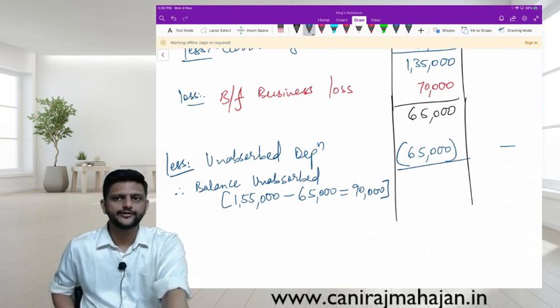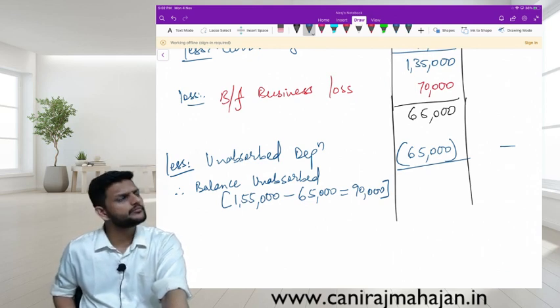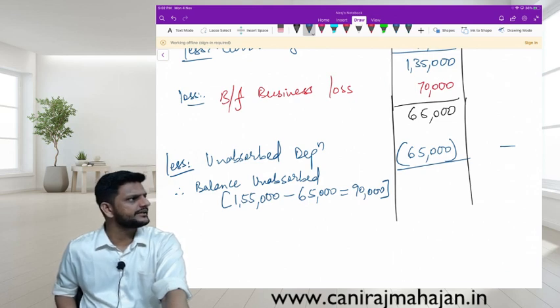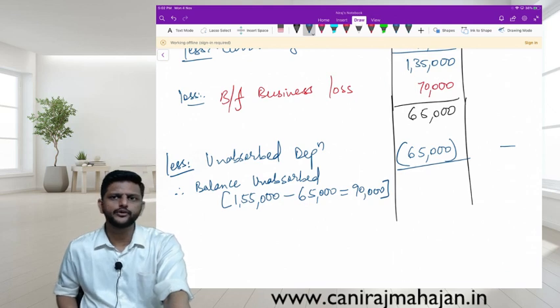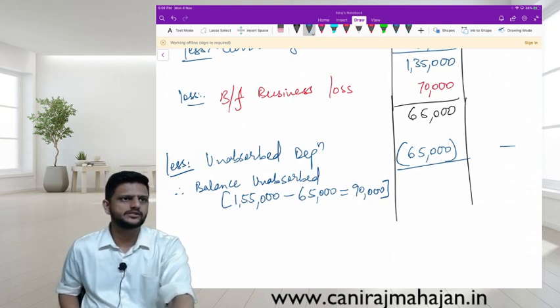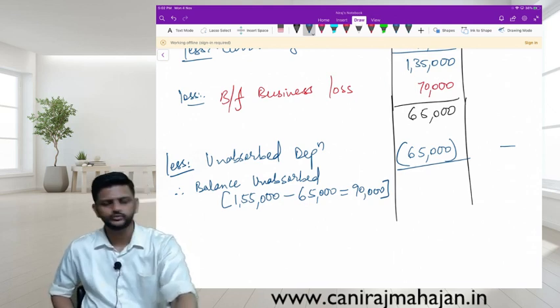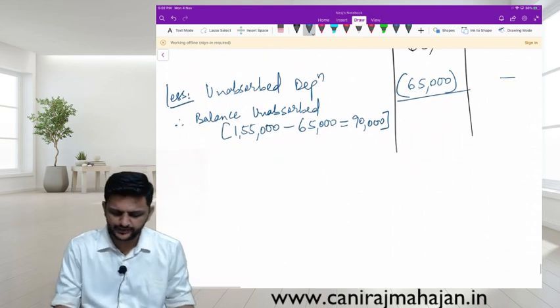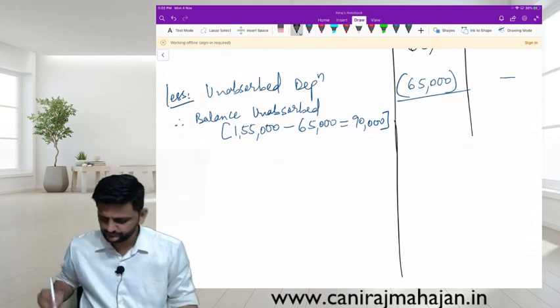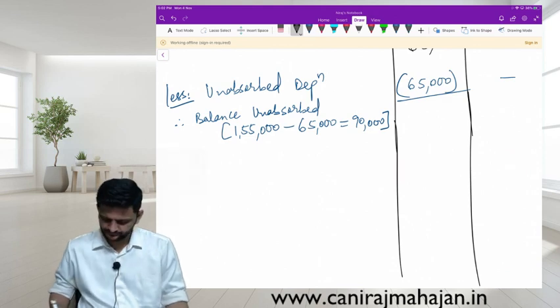Can it be reduced from other heads of income? Any head of income, no? Except salaries. Do we have LTCG? Yes. So keep this pending. Much preferable to reduce from LTCG. Are you following or no? But keep this pending, but keep that in mind also, okay? Are you following this, everyone? Okay, good.